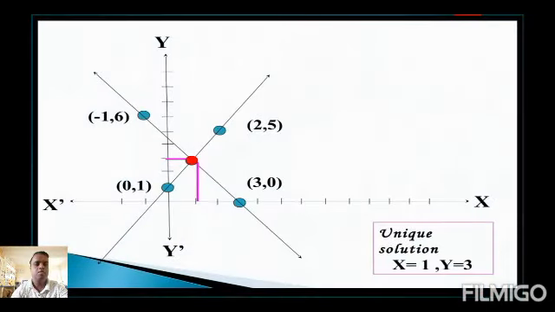See here the graph. Here x equal to what? x equal to 1, y equal to 3. Using these two equations, if you plot the graph, it has a solution x equal to 1, y equal to 3. See here, x equal to 1, y equal to 3. It has a unique solution. Here x value is 1, here y value is 3. So, it has a unique solution. All of you understand it. Next we go to the